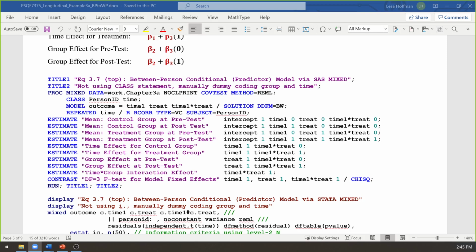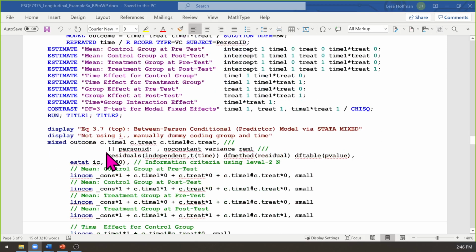So getting simple slopes means getting the effect of a predictor conditional on a level of the interacting predictor. There's nothing simple about it, though. But you can't call it a complex slope because I think that term's already taken. So does that help? So many words. I know, there are a lot of words that mean the same thing. Conditional, though, I think is a better word for it. You can't just say this is the effect of time. Who is it the effect of time for? Because the model says there's a different effect of time for the control group versus the treatment group. So you've got to be specific.